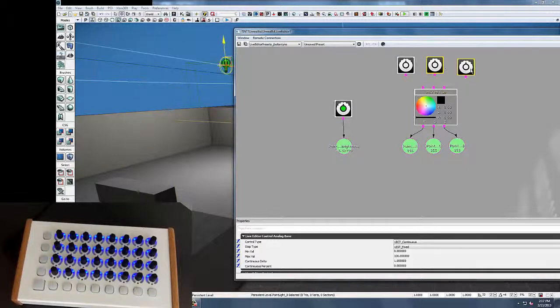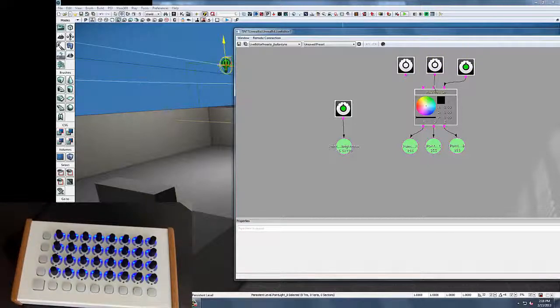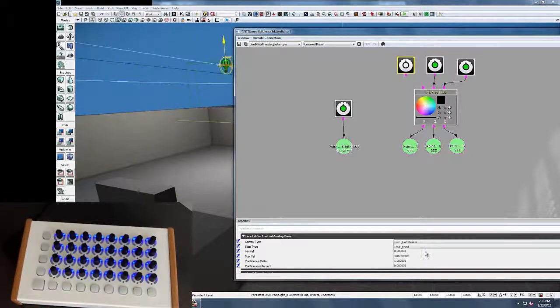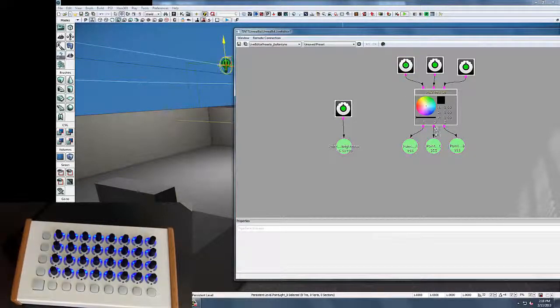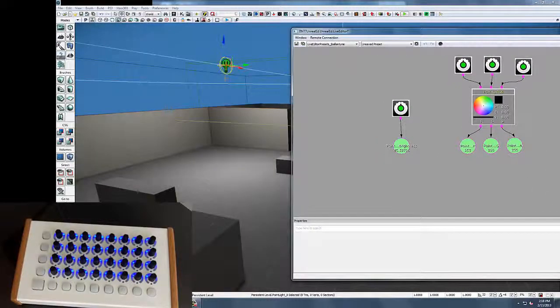S is saturation, V is value, which is basically the black level. These go from 0 to 1, and we'll do it in a step of 0.01. This just means that every time I get one click on the MIDI knob, this moves 0.01 value of V. And then hue, the way this particular thing works, just goes from -1 to 361. Wire that up, and if I look at the light in the level now,